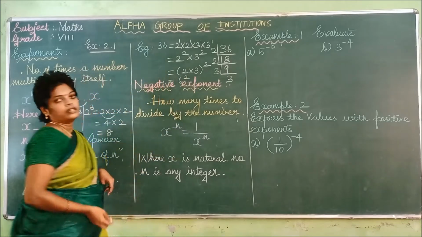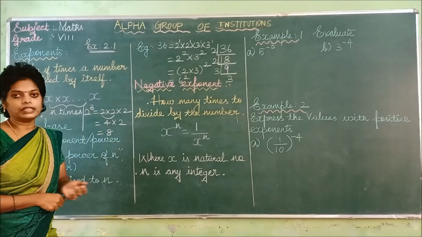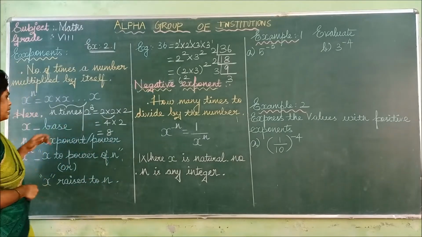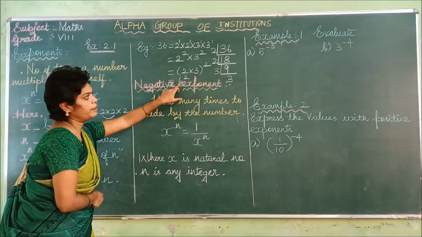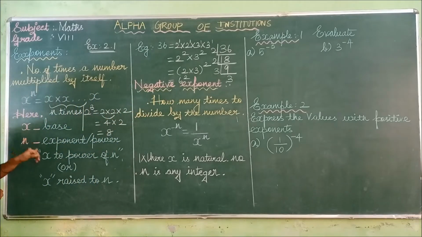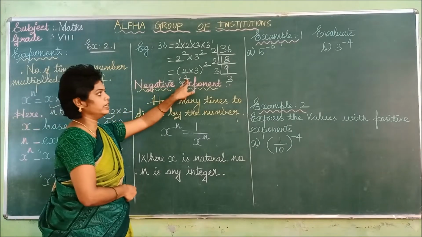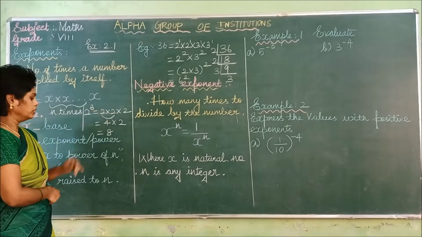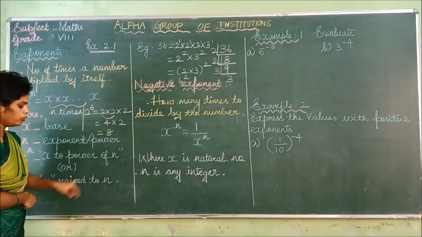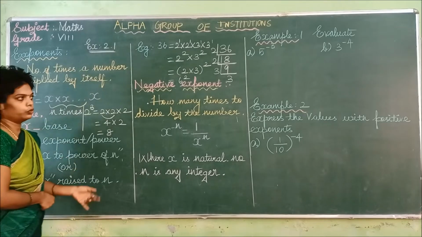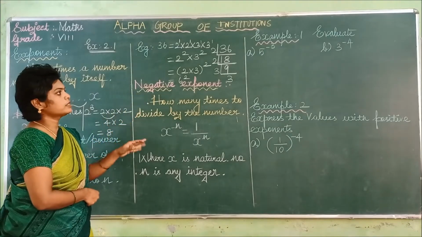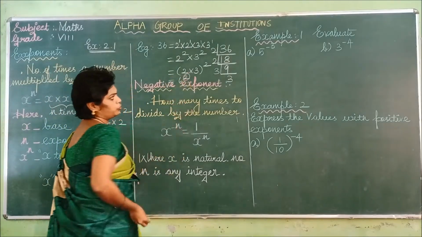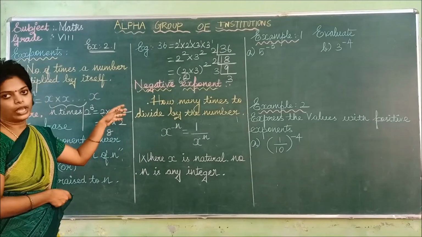So already you know how we can write 36 in the squared format: 36 is 6 square. Now say, what is the base there? The base is 6. What is the power given here? The power is 2. Then x power n is here 6 power 2, that means 6 to the power of 2 or 6 raised to 2. So next, this is a positive exponent, that means the power is positive. This is the example for the positive exponent.